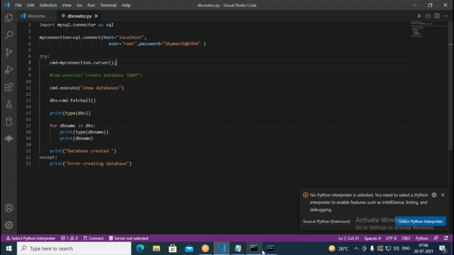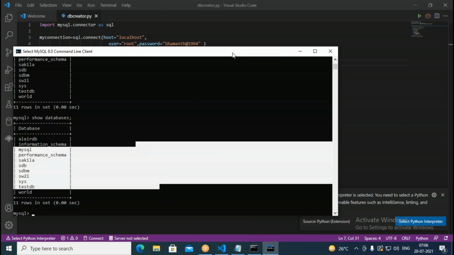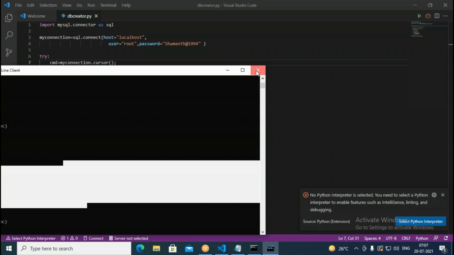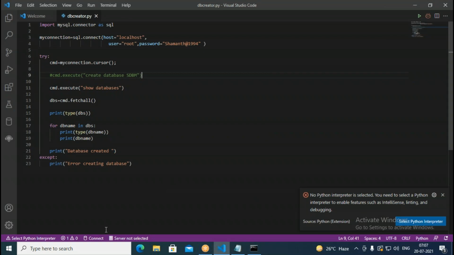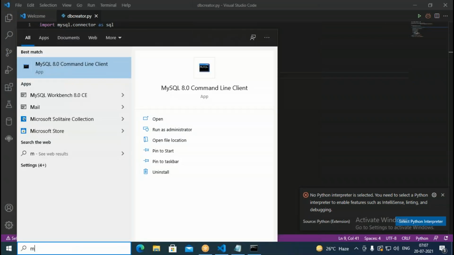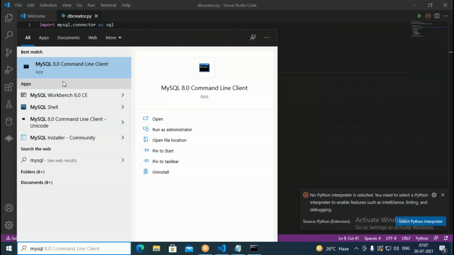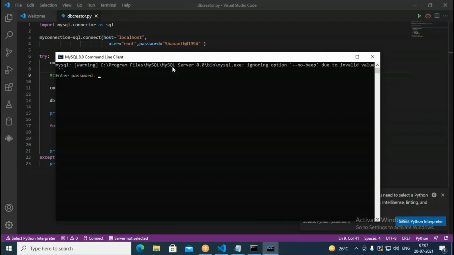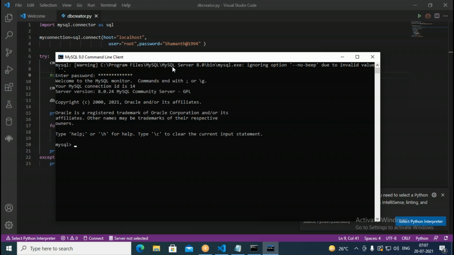It is something like this. Suppose I close it here. MySQL, I'm closing. Just I close this. Now that is closed. Here once again what I do, MySQL, I say command line client. With the help of this, I open a connection first. Without opening connection, I cannot invoke commands. So first I need to open a connection. So I should specify here the password for that purpose. I give some password, with that it is opening. So once opened, I can invoke commands here. Without opening connection, I cannot issue commands. So same thing we do here.